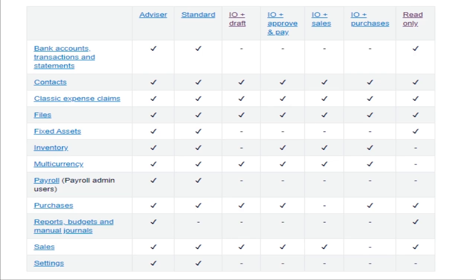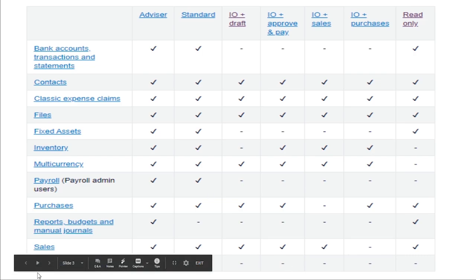So I hope you were able to at least understand these 7 user roles, that's 1, 2, 3, 4, 5, 6, 7. So if you want to go back on this again, I'll just drop the link and you can just review it again. Okay.